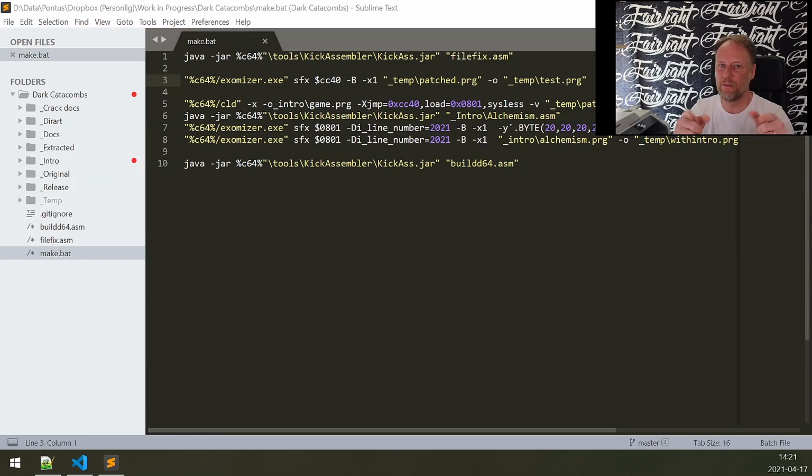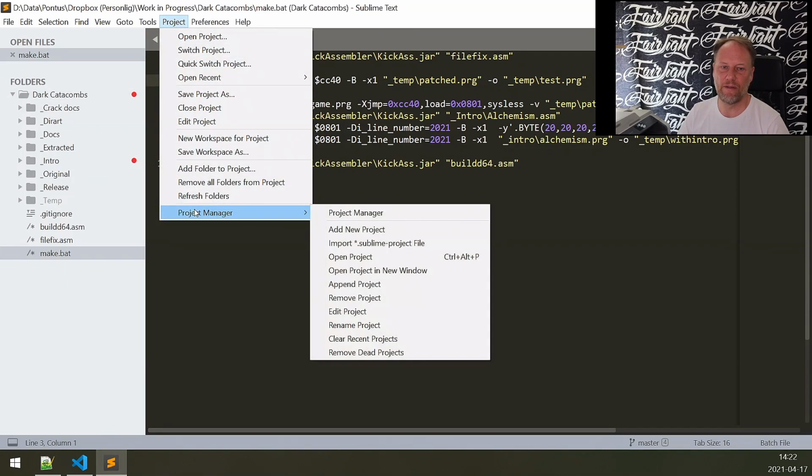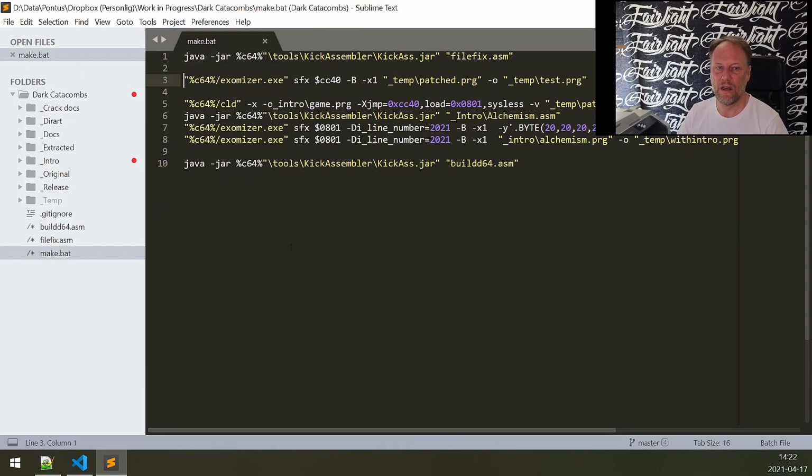My standard environment you see on the screen now is Sublime, which is the basis for everything I do. I have defined a project. I don't think this is a standard thing that comes with Sublime from the start, so I think this is something for free that you can install. So I set up a project for everything I do. And then the basis for my project is the